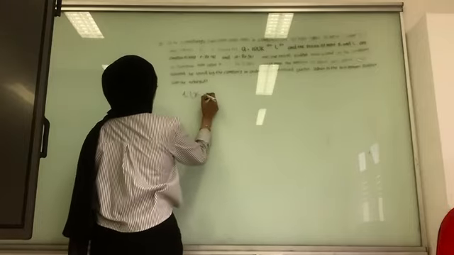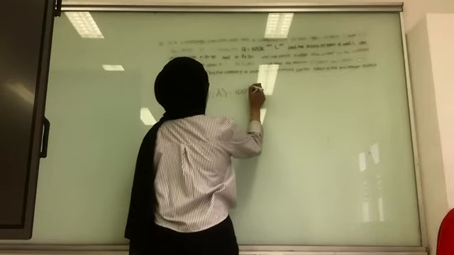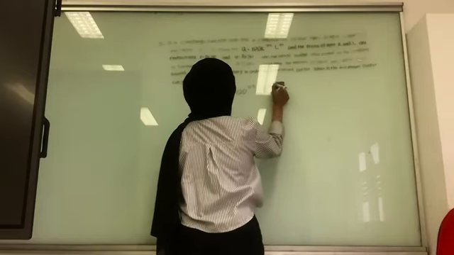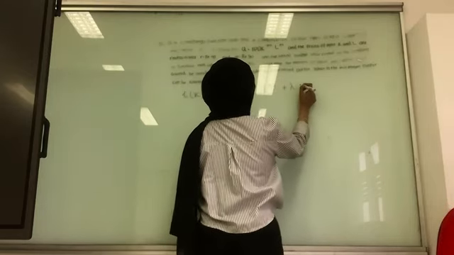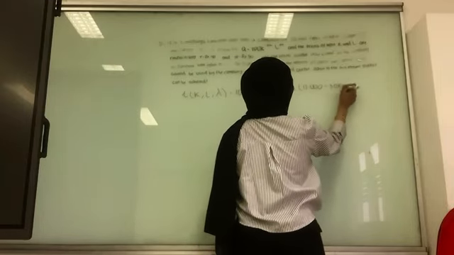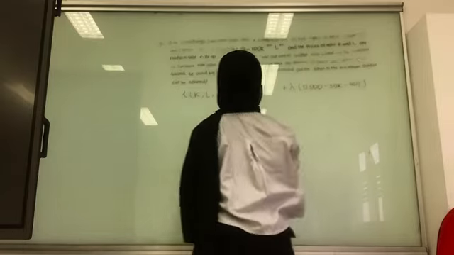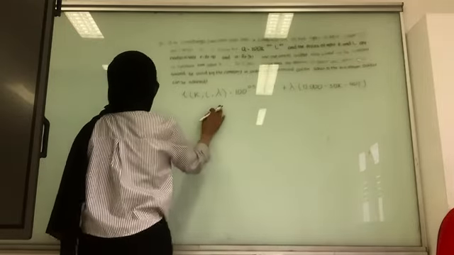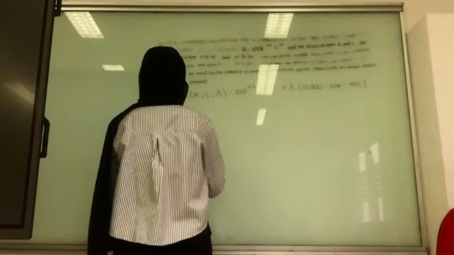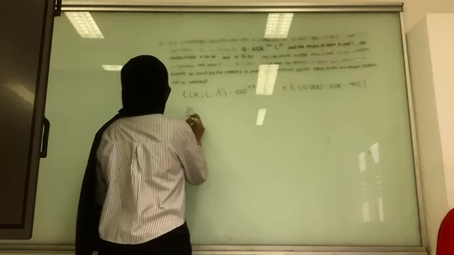L lambda equals 100 K to the power 0.5 L to the power 0.5 plus lambda times 12,000 minus 30K minus 40L. Next, we take partial derivatives and set them equal to 0. Now, partial L divided by partial K